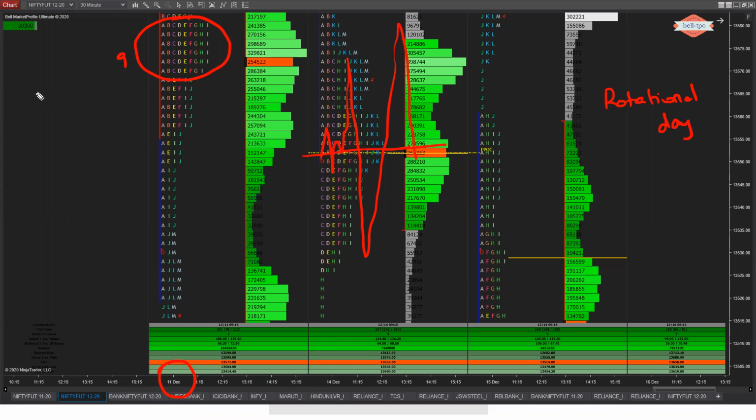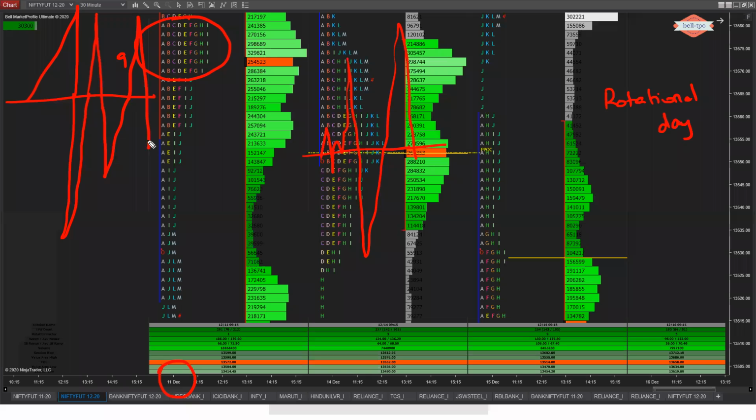Means what? This is the level. If price shoots up from there, again it comes to the center point. If again it shoots down from here, it comes to the center point. Again goes up, center point. Goes down, center point. Again goes up, center point. Like an oscillation. The center point is what we call an equilibrium point, where more traders like to do more business,